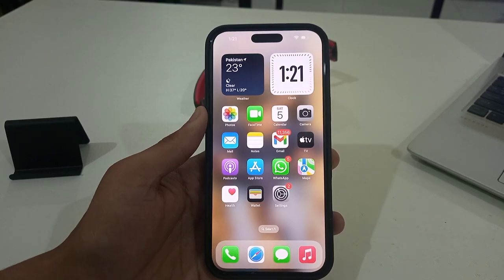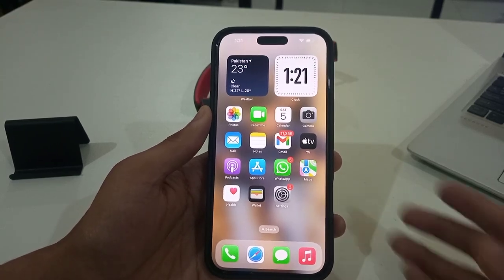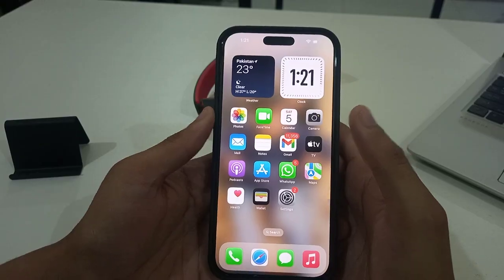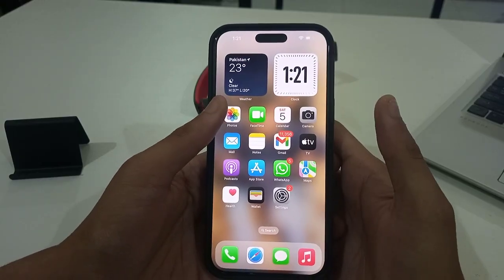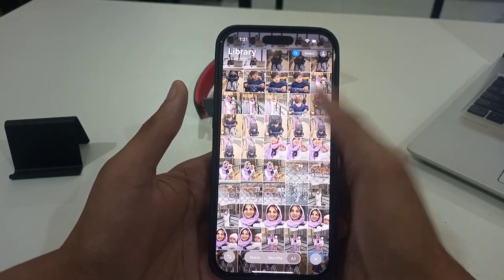Hello everyone, welcome back to the channel, and today we'll be discussing how you can set a photo as a wallpaper on your iPhone. What you need to do is just go to your photos, and you can select any